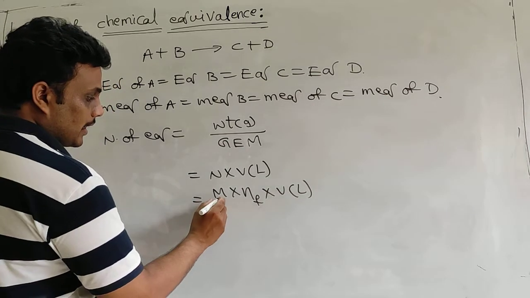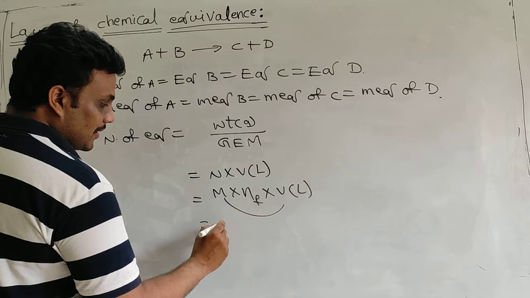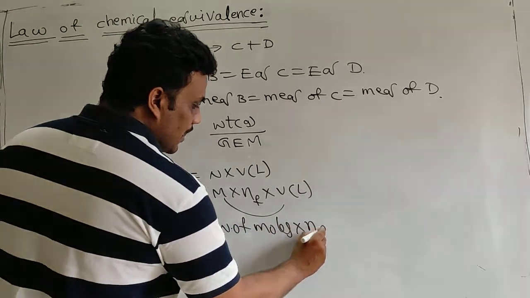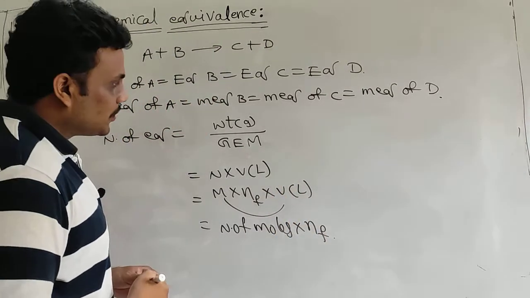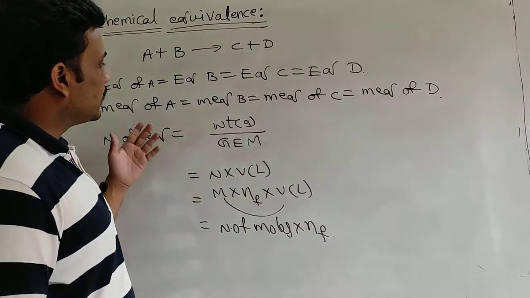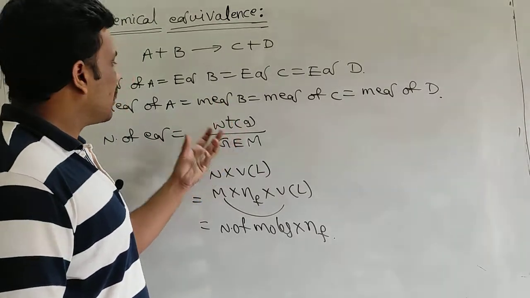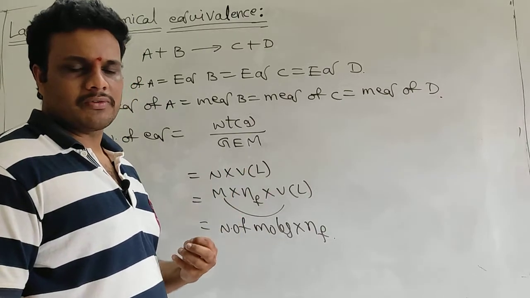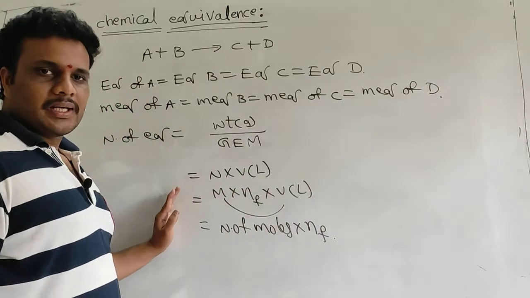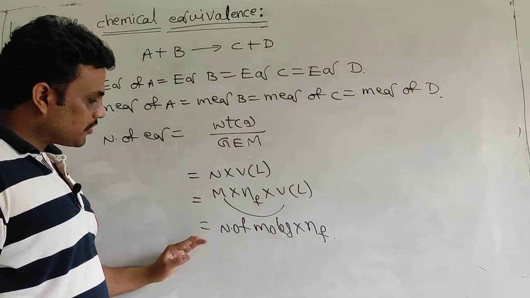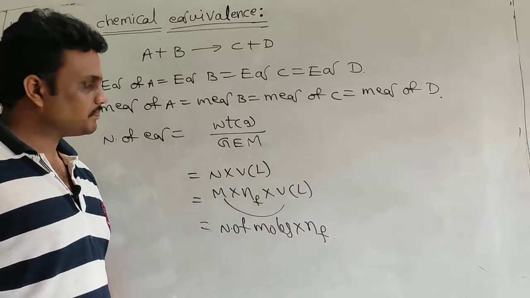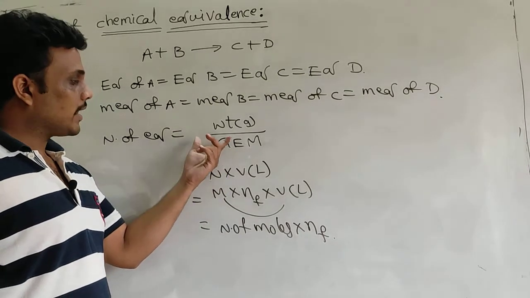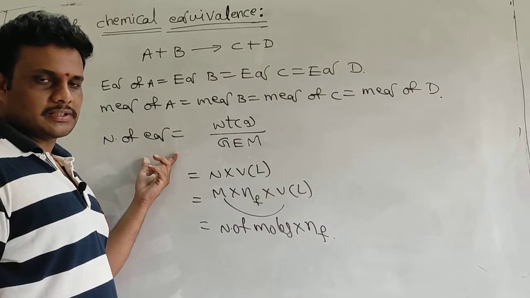Or one more is there: molarity into volume, which is nothing but number of moles into n factor. So although students know that milliequivalents or equivalents of any two reacting species, reactant or product, are equal, where do they face a problem? Generally on the basis of given information you have to solve the numerical. If you are given mass, then you know how to calculate gram equivalent mass, and that is equal to gram equivalents, the number of equivalents.